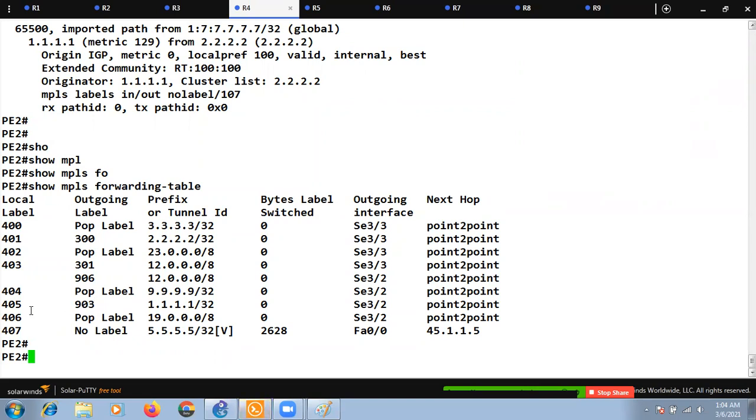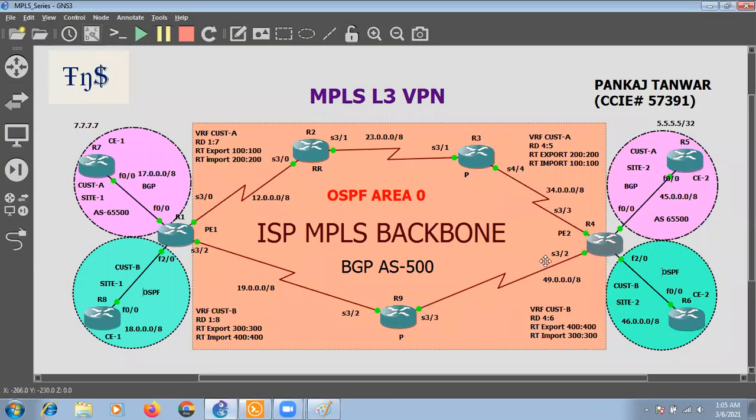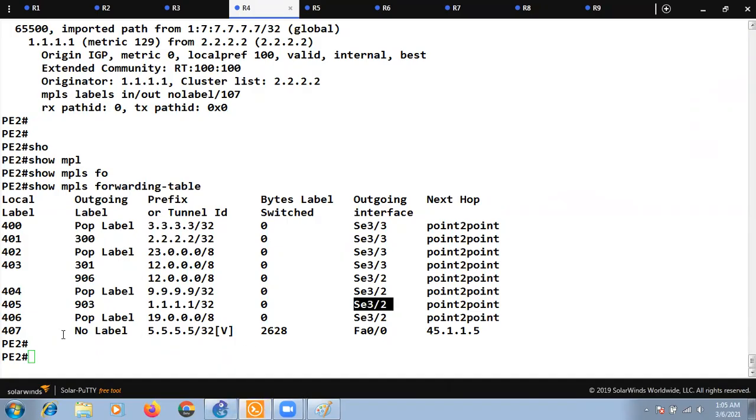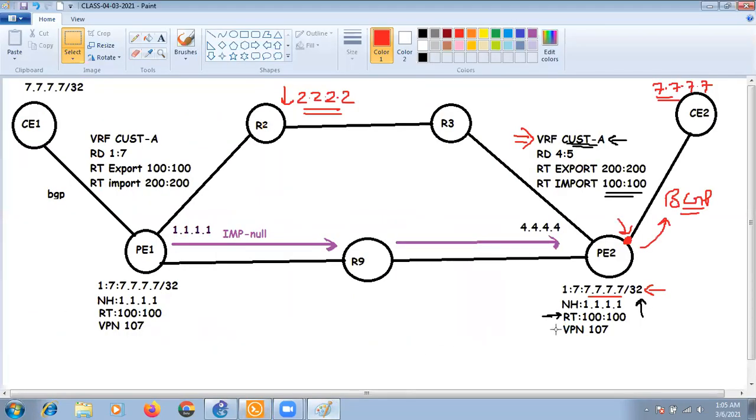So the label number that it needs to put is 903, for the prefix 1.1.1.1/32, and the outgoing interface is serial 3/2, which is connected to R9. Okay, so the label number is 903.